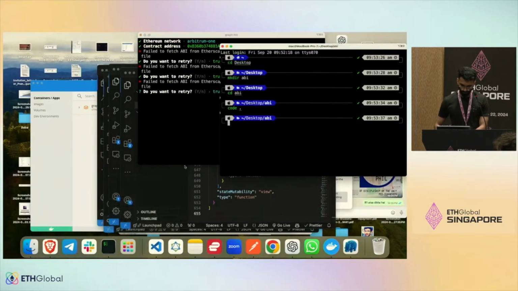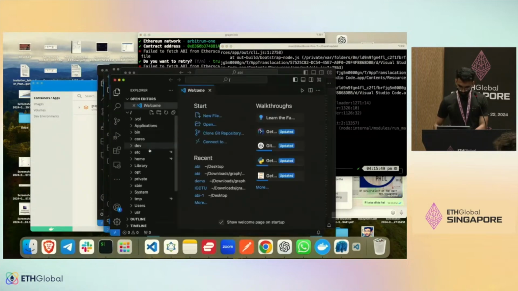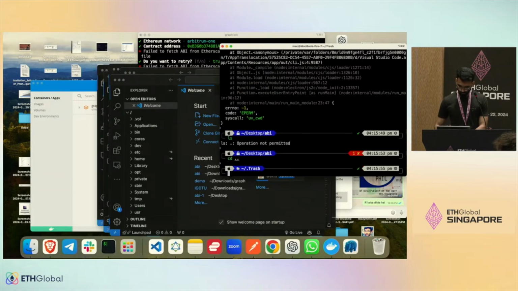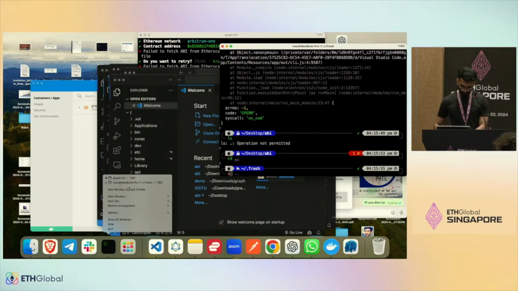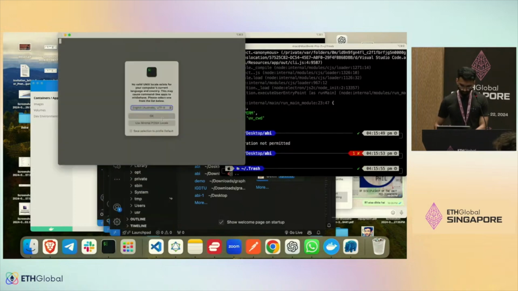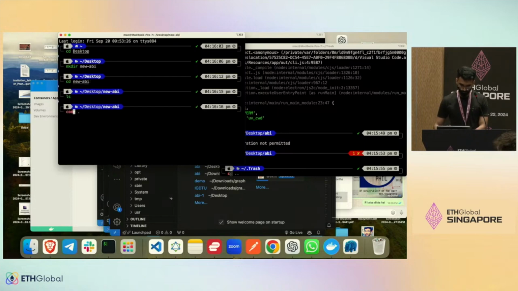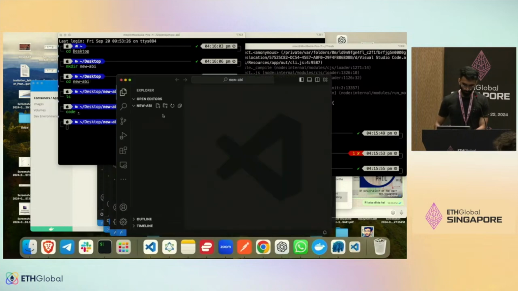So I create a new ABI folder. Let's use a new terminal. Okay, cd desktop, mkdir new ABI, cd new ABI, code. I store the ABI in this